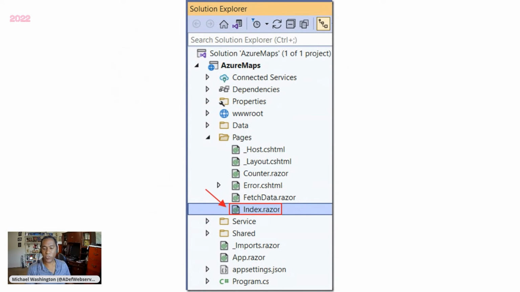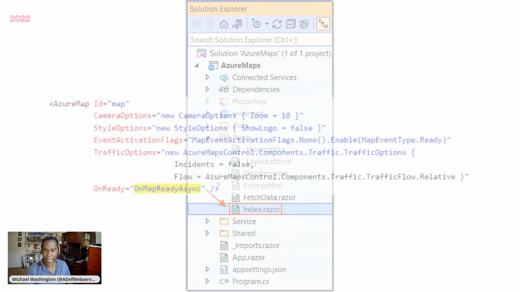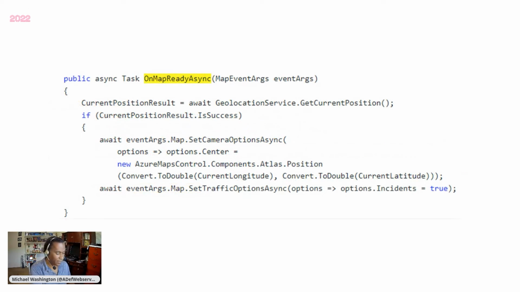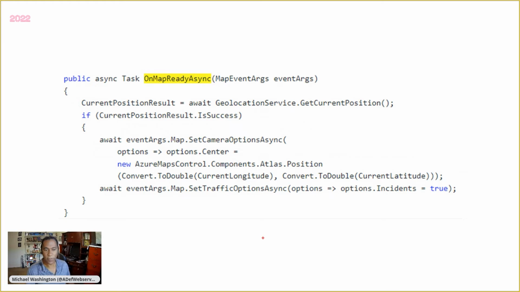We're going to go now to the index.razor page, which is the main page that will show up when we're running our application. And we just simply put in the Azure Maps control on the page, and it has an OnMapReadyAsync method. Let's go ahead and look at that method. The first thing we do is we get the person's current position, which is here.